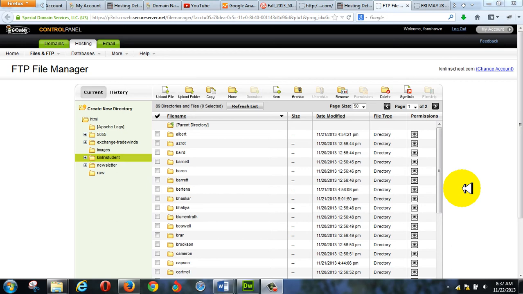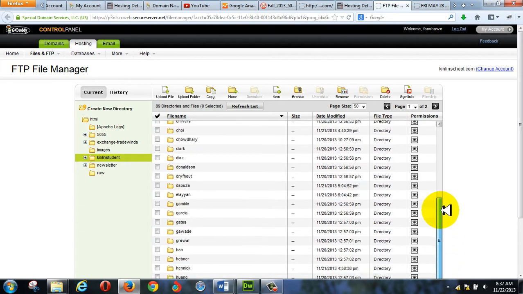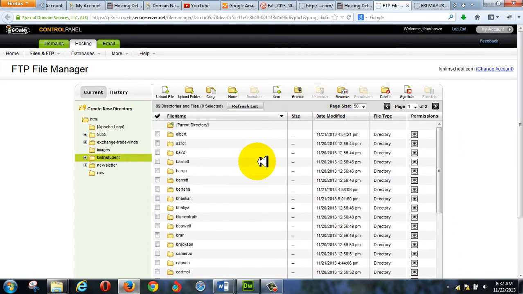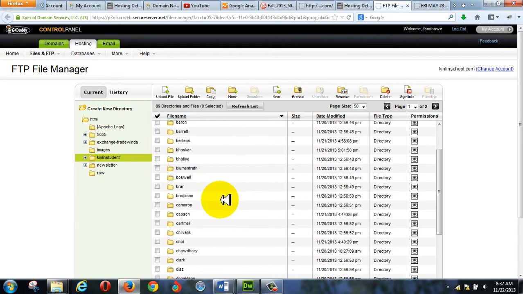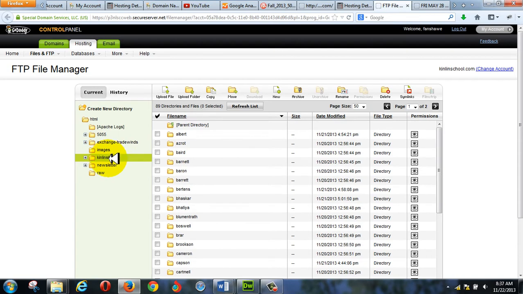Okay, so what you see here is a collection of folders that are inside of the main root directory for kinlandschool.com. Because I'm not giving you guys your own domains, you will access your website through a URL that's an extension of kinlandschool.com, and I've set you all up with folders inside of a folder named Kinlan Student. Okay, so that's what we're about to connect to, and you're getting the very abridged version where I don't explain